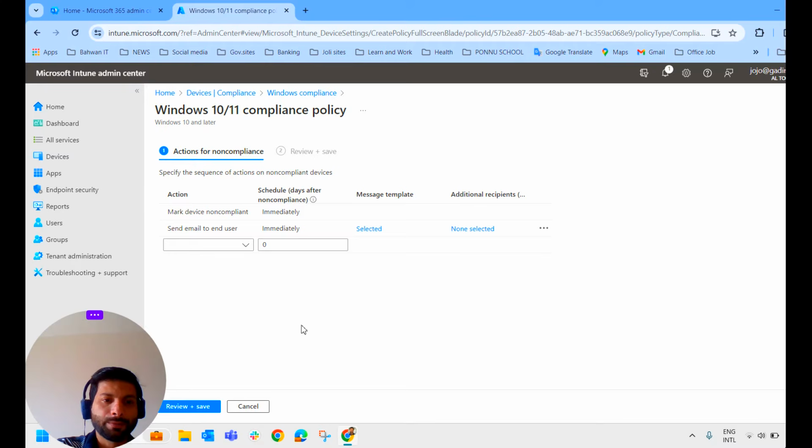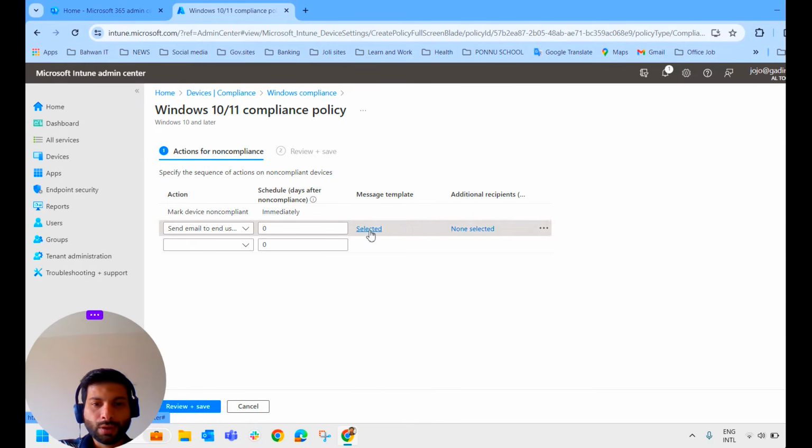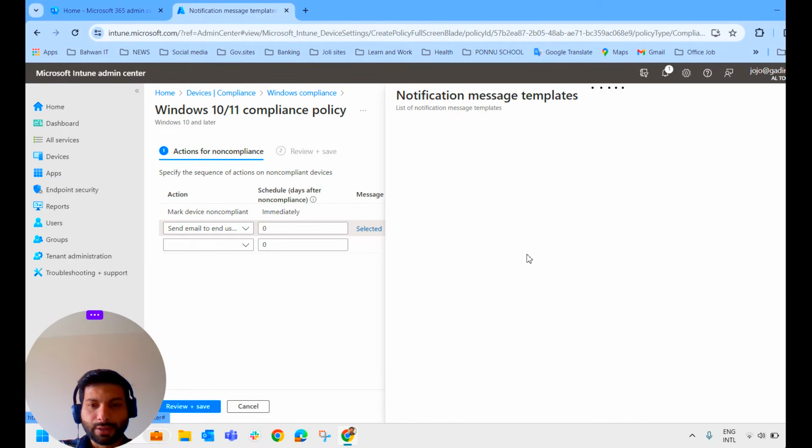So that we specify here. First thing, mark the device as non-compliant immediately. If we mention 0, that takes us immediately. And second thing, send an email to the end user, and we have selected the template. Some template we had selected the old one here,